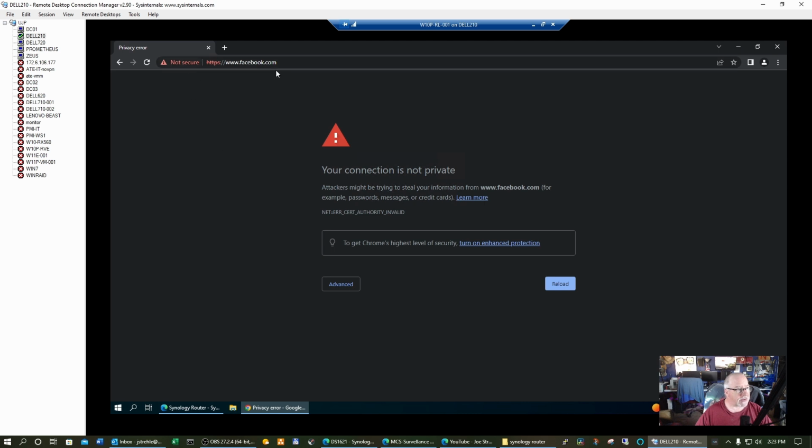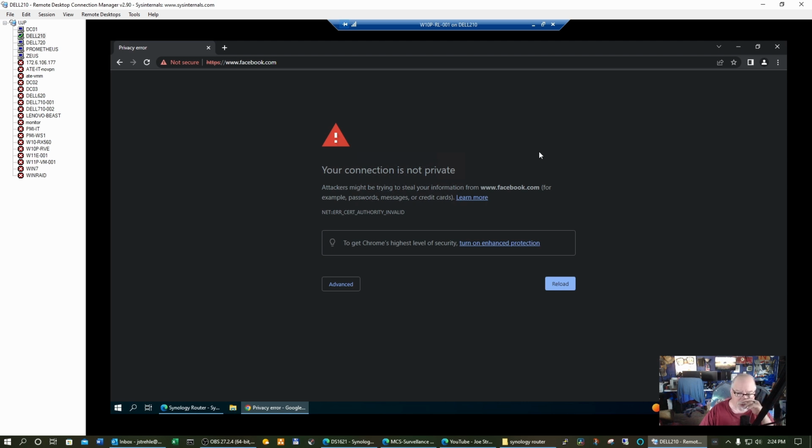You're going to get a "not secure" warning, and that's because in essence this router is doing an interception, or a man-in-the-middle attack, trying to intercept that web page and send you to another web page. Because all websites are now becoming secured, you need to have an intermediate certificate installed. I was discussing this with Sakura as to why this isn't working properly within Synology,